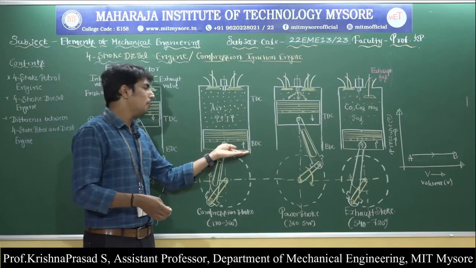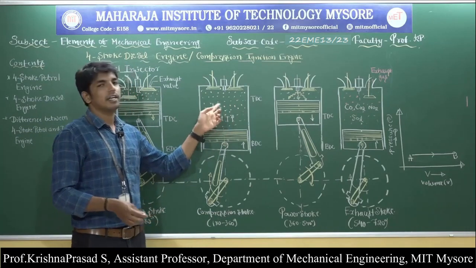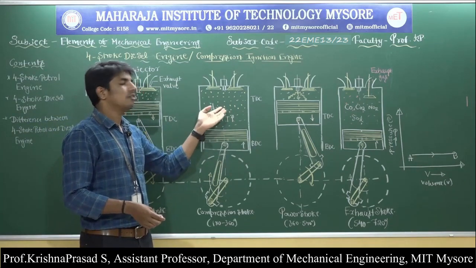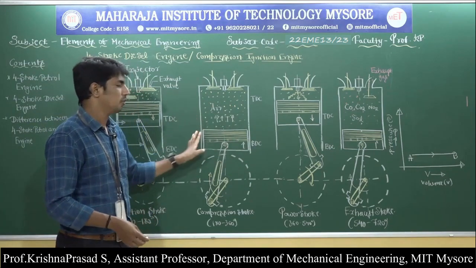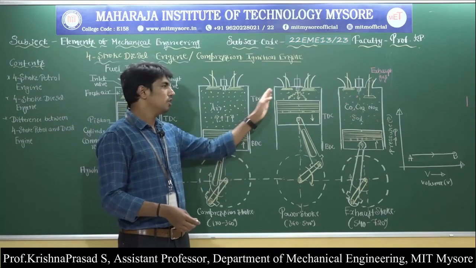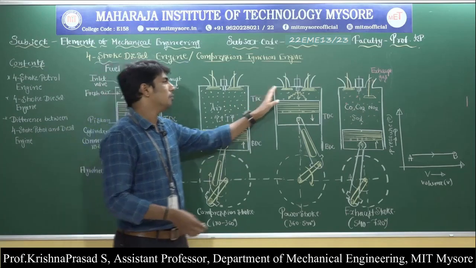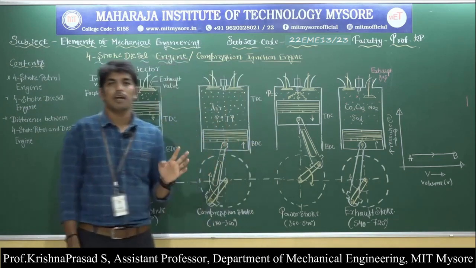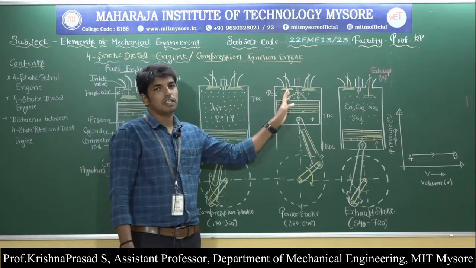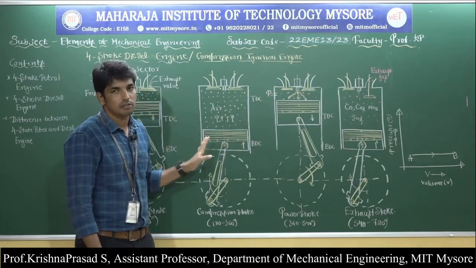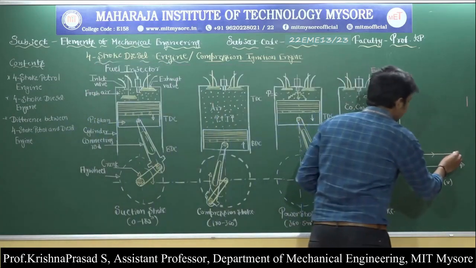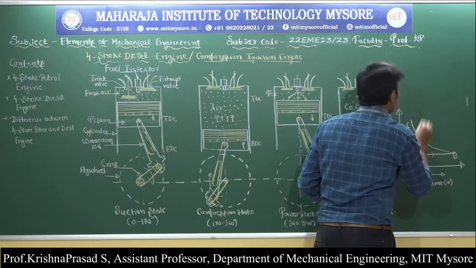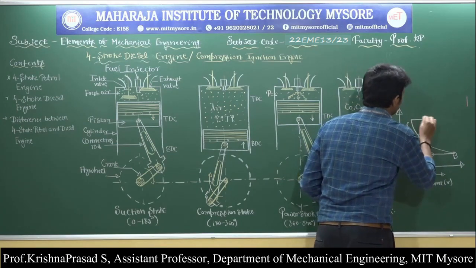Due to the upward movement of the piston, the pressure and temperature of the air increase. This is the beginning of the compression stroke and this is the end of the compression stroke. At the end of the compression stroke, the pressure remains constant for a small displacement. That means combustion of the fuel takes place at constant pressure. So this is regarding the compression stroke. The compression stroke is represented by line BC,